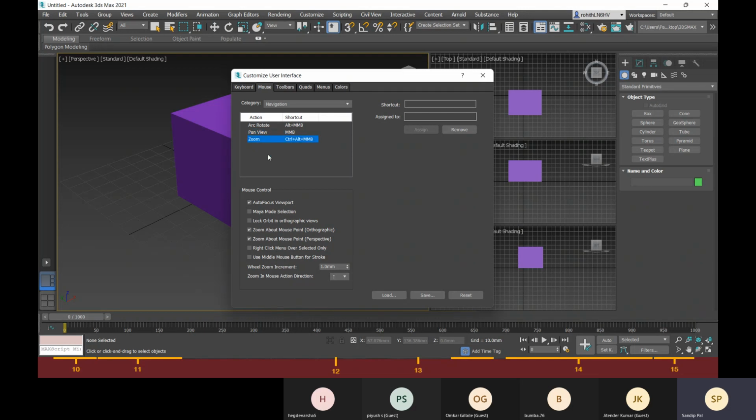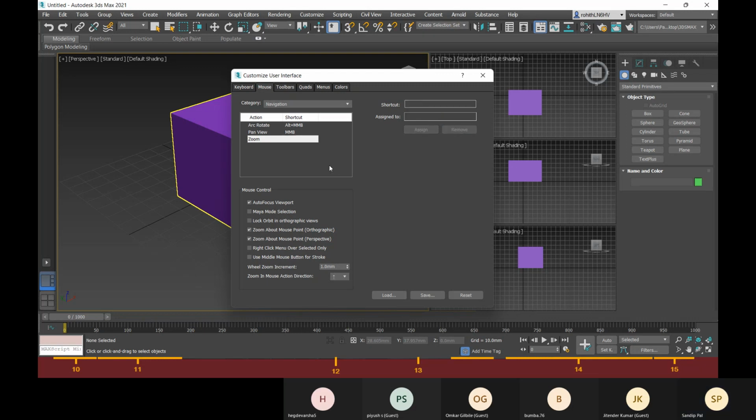If you want to change it with your mouse, these are the options, right? For zoom it is Ctrl, Alt, and MMB, which means mouse middle button. Here you can change it. You can see left middle button plus right middle button, and if you click on assign, it will be assigned to this option, and next you can use this option.